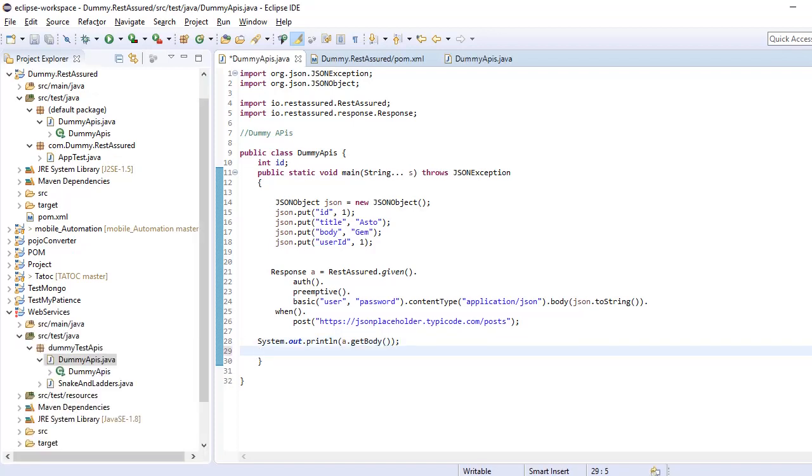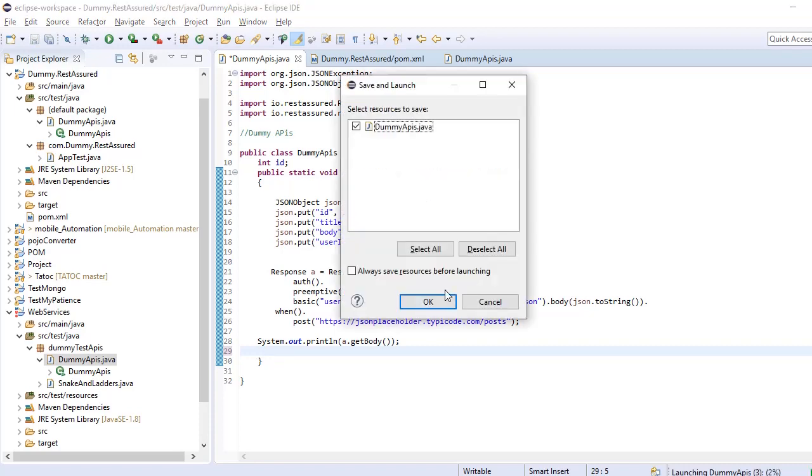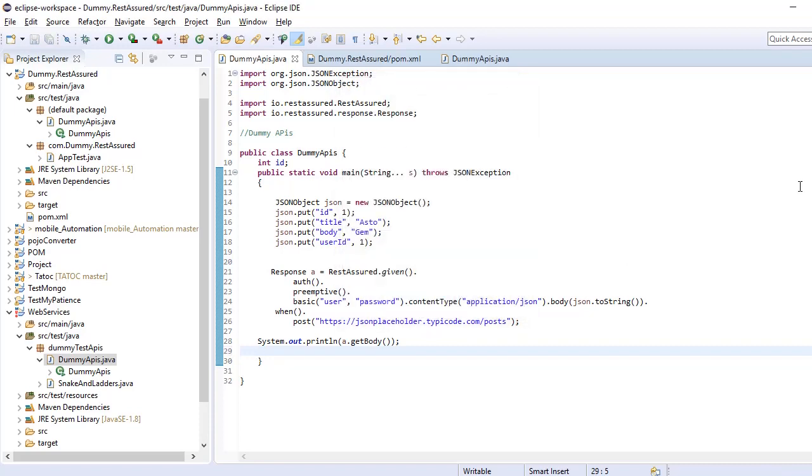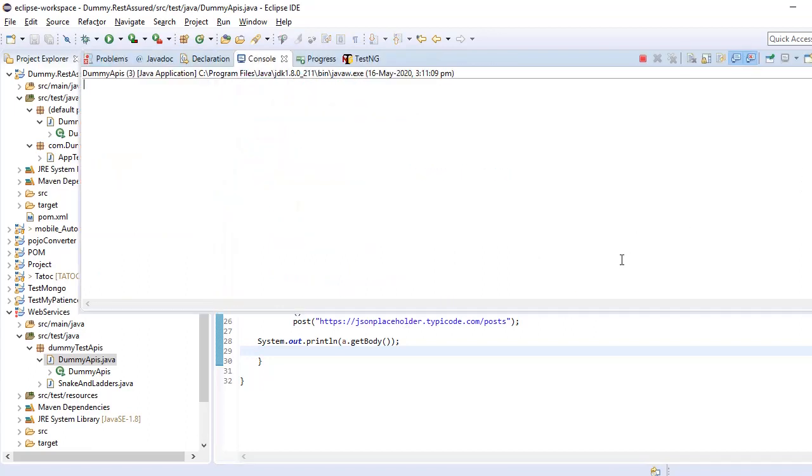So if we execute this code, then we can get the results. So it's hitting the API at the back end.